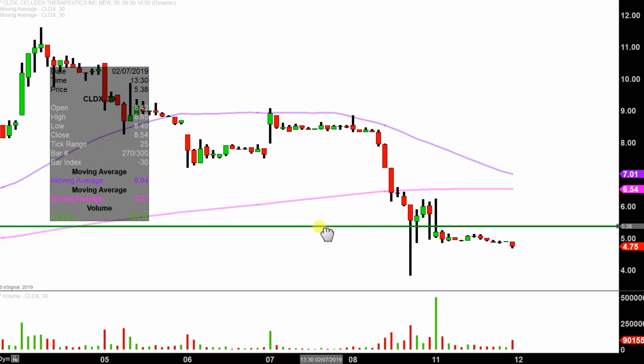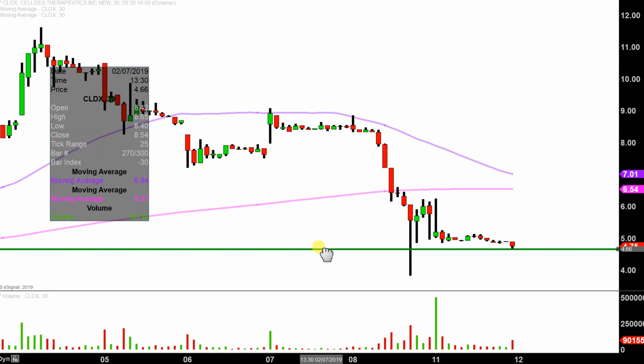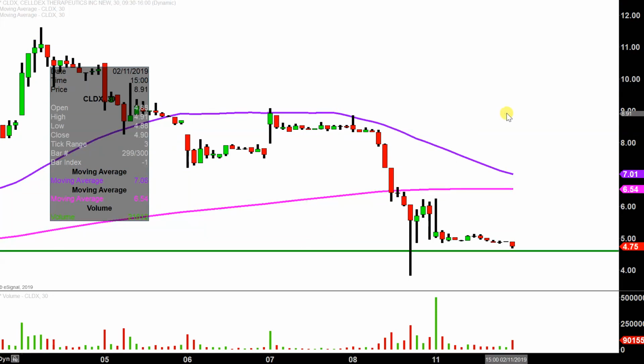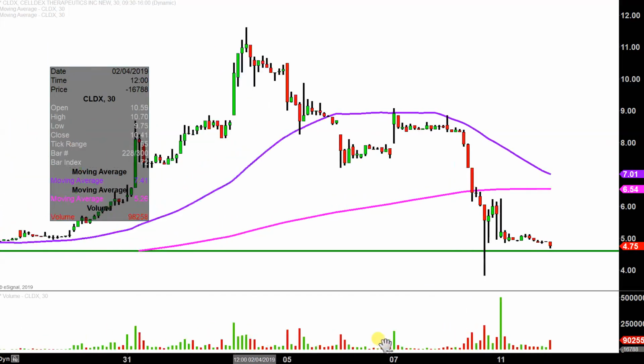The first key level to watch is going to be right here around the $4 and 50-ish cent mark, give or take a little bit. But that's important because that's essentially where the price has found some consolidation during the latter part of the day. And that's also important because if the price does not hold above there, and I want to just double check,